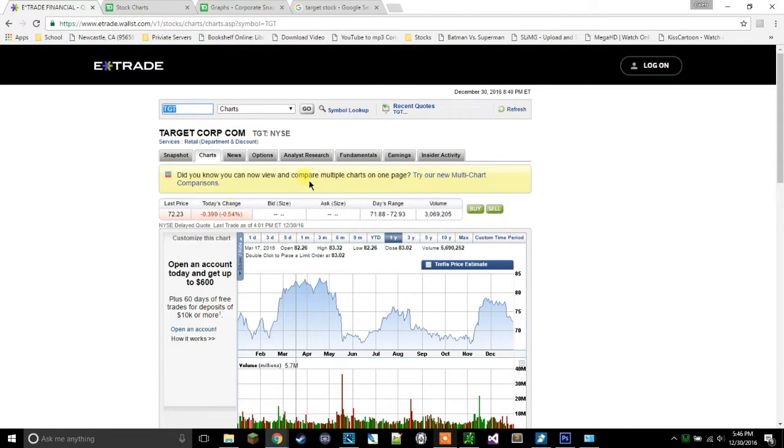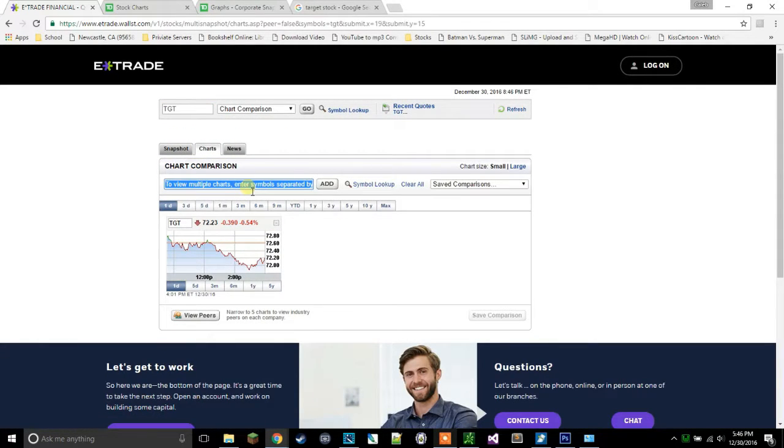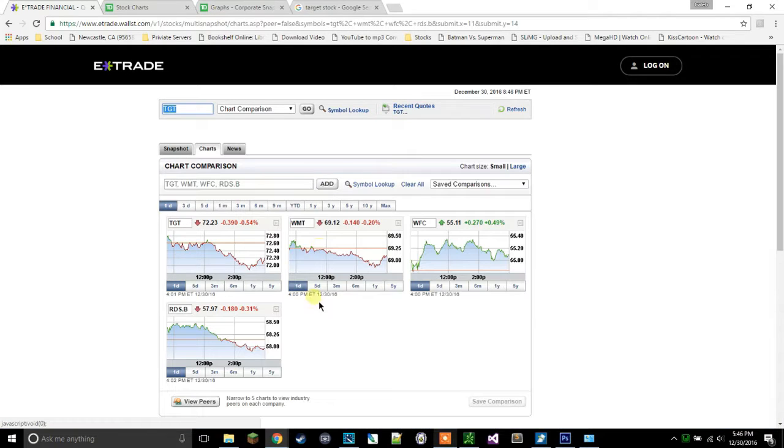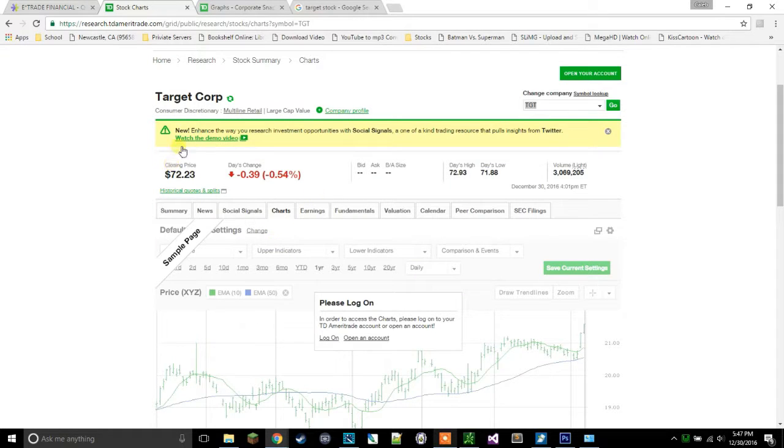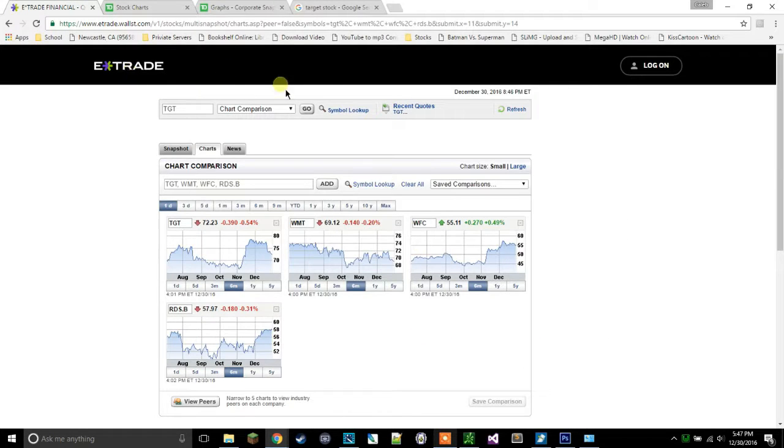Another thing I forgot to mention about Etrade is that they have multi-chart comparisons. Now what's good about this one is that you can compare multiple companies. So let's do TGT, which is Target, Walmart, WFC, which is Wells Fargo, and let's just do RDS.B, which is Shell. And there we go. So what you could do is you could search by 6 months on all of these, and you could see how each of these companies have been doing in the last 6 months, which is really handy. And TD Ameritrade does have that, but again, you have to have an account,